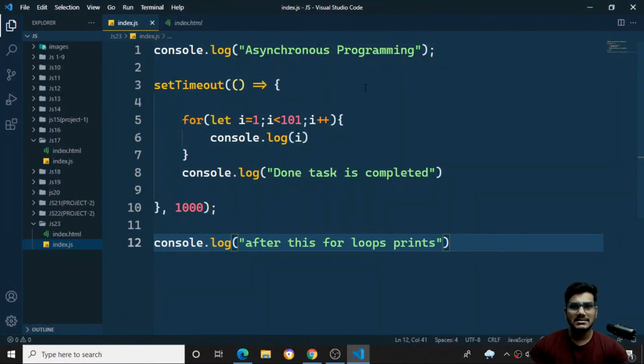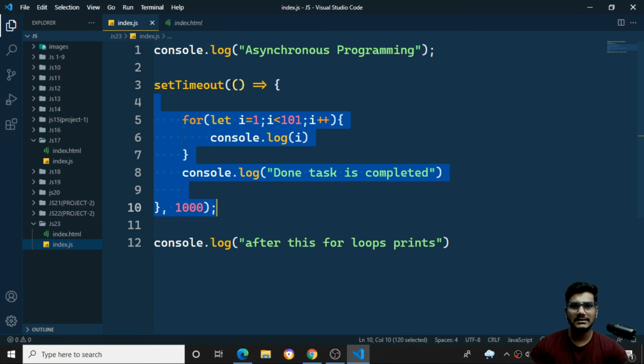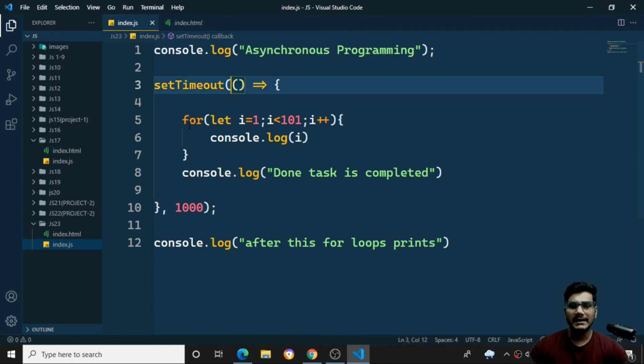So like this asynchronous programming works. That means something will happen in the foreground and some other tasks will be happening inside the background. So by using setTimeout functions, we can use asynchronous programming. In the coming sessions, we'll see about promises and we'll be using these setTimeout functions, as well as function calls and arrow functions. I'll explain in one particular session what arrow functions are. It is basically the same as functions, but we'll have an arrow over here.